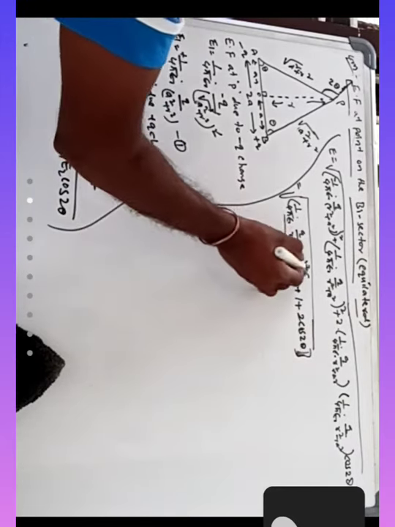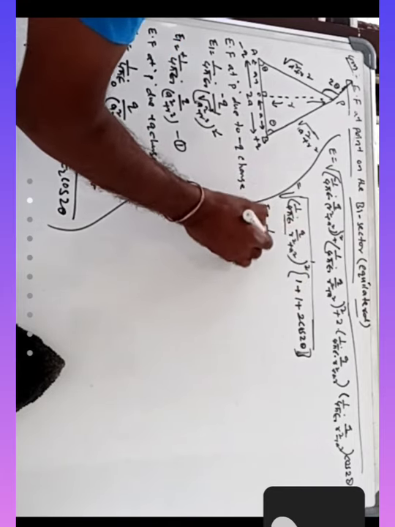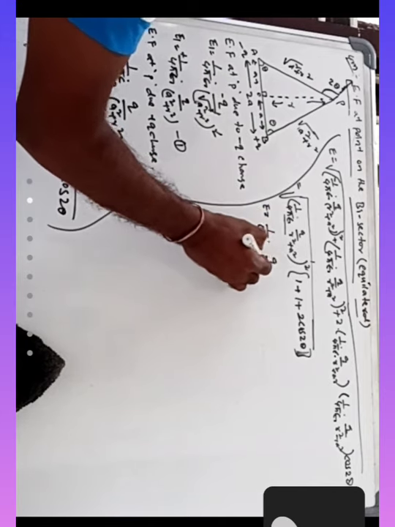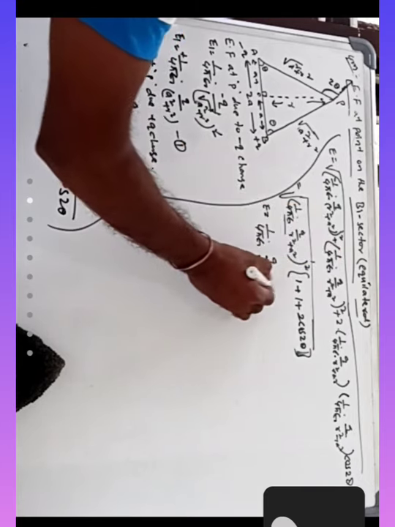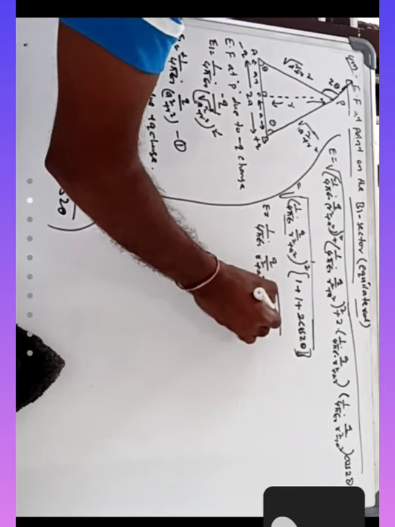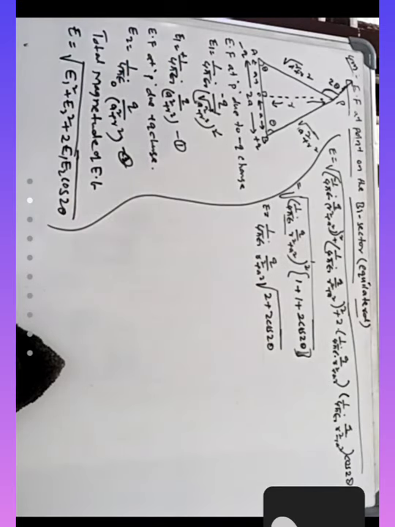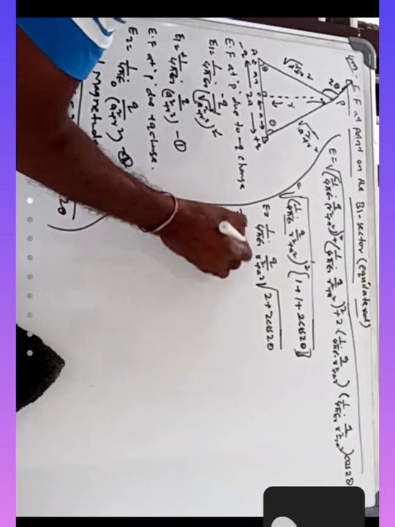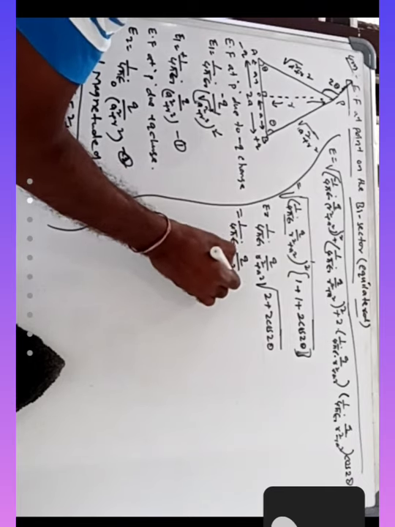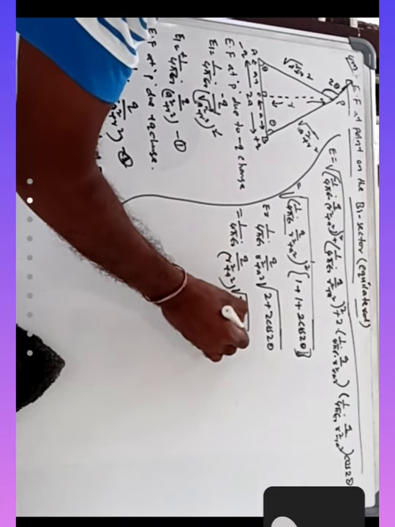Now this square root cancels, meaning E is equal to 1 by 4 pi epsilon into Q by R square plus A square. When you are coming outside, this square root is going on. Under root 1 plus 1, 2, 2 plus 2 cos 2 theta. When you take 2 common inside the square, E is equal to 1 by 4 pi epsilon naught into Q by R square plus A square, under root, if you take 2 common, 1 plus cos 2 theta.